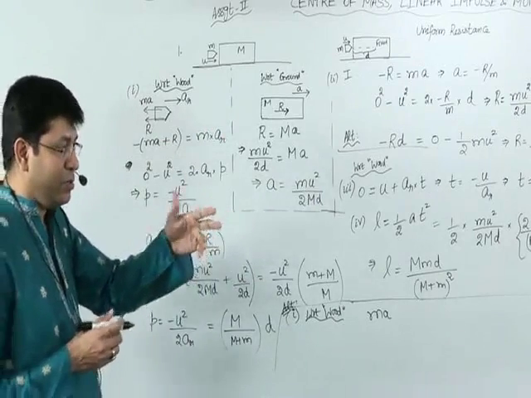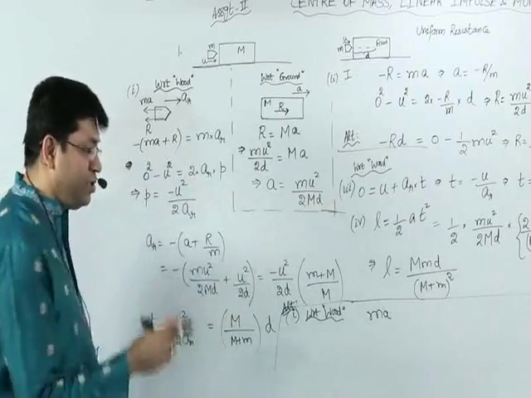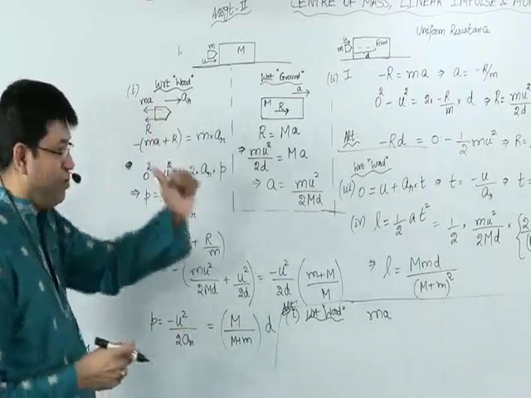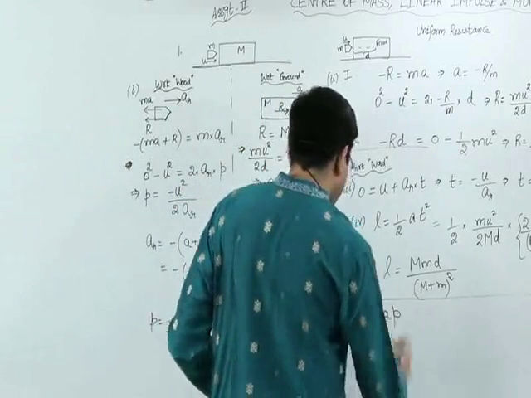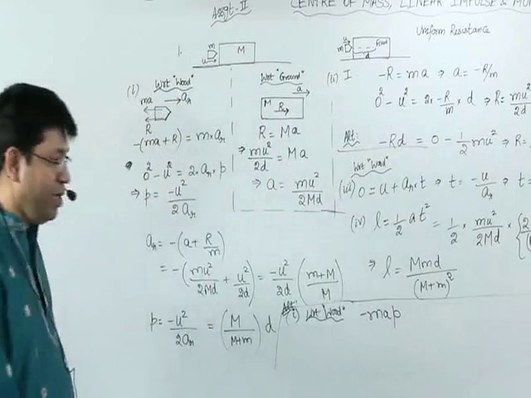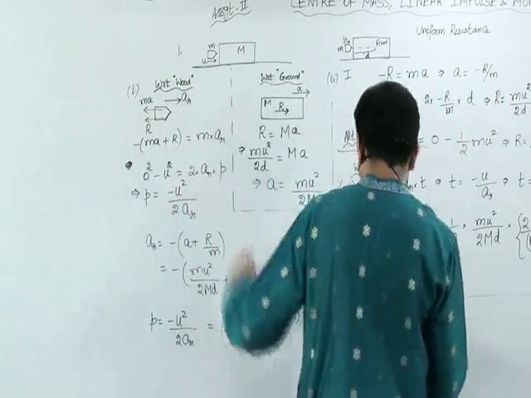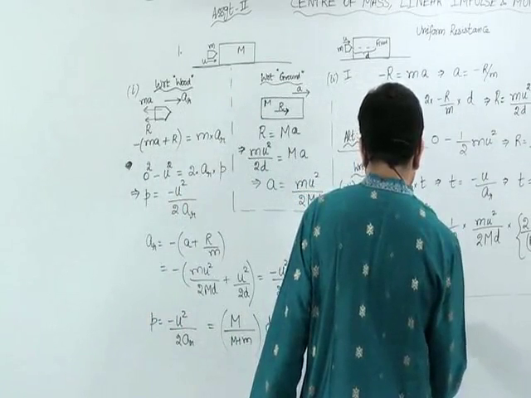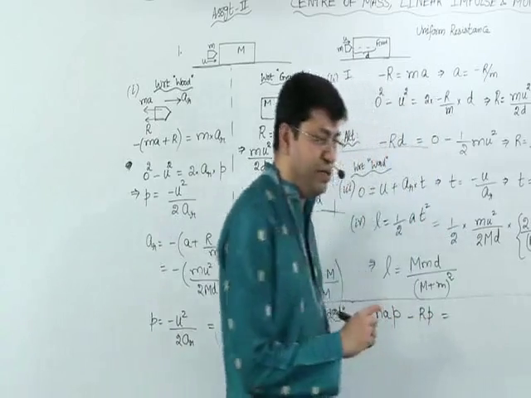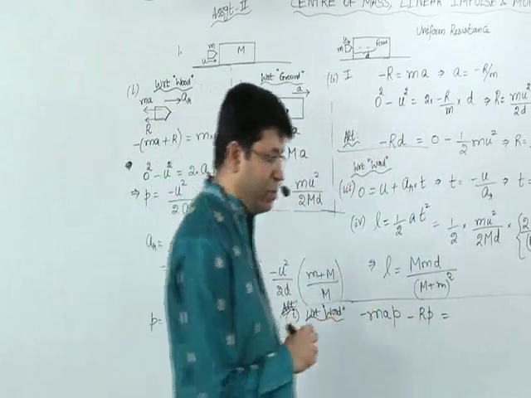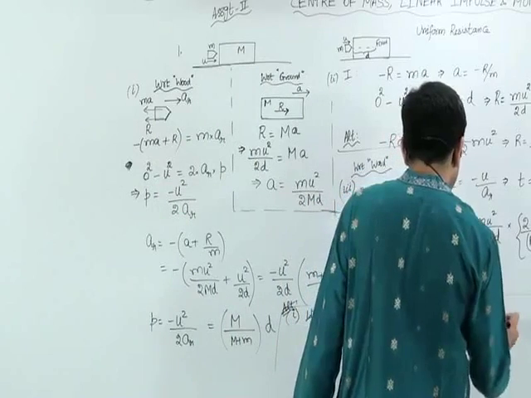With respect to wood as the reference frame, the bullet has moved by distance P. But the force MA is acting in this direction. So work done by the pseudo force will be minus MAP. Then work done by the resistance force. This must give the change in kinetic energy with respect to wood. With respect to wood, final kinetic energy 0. Initial,